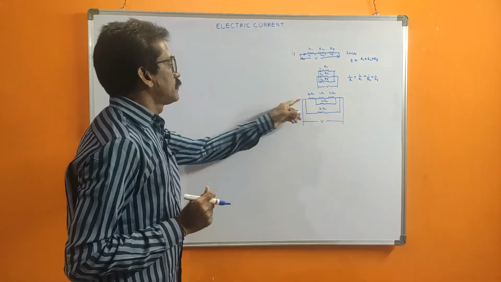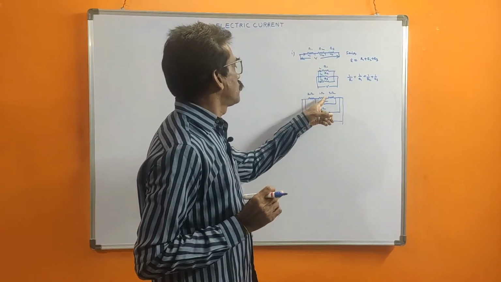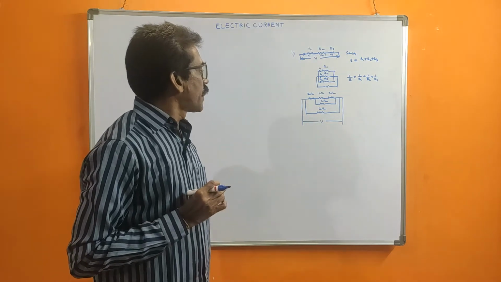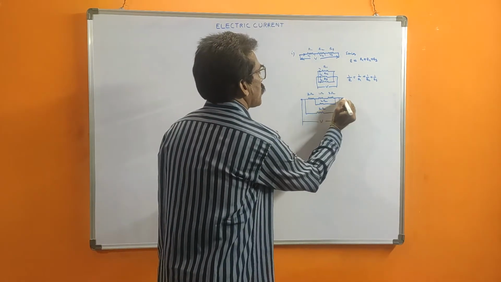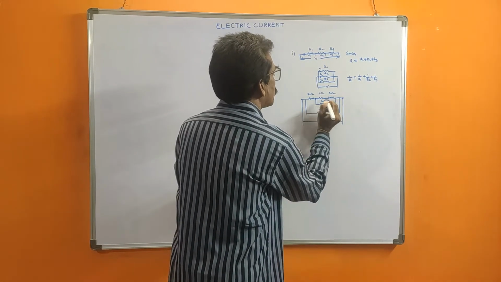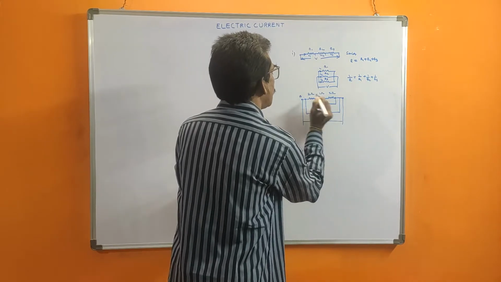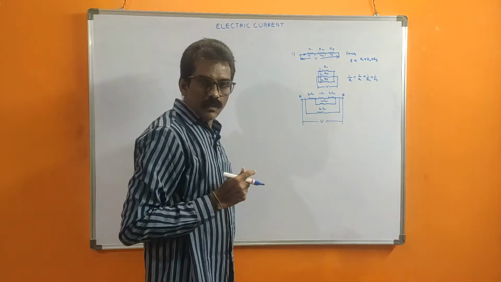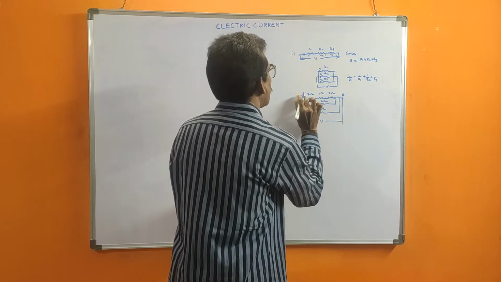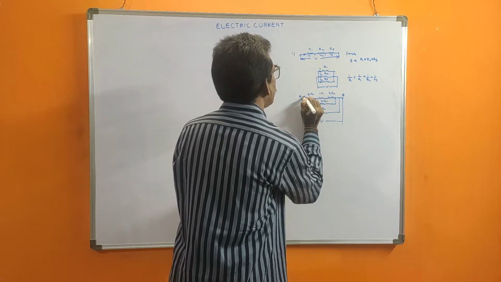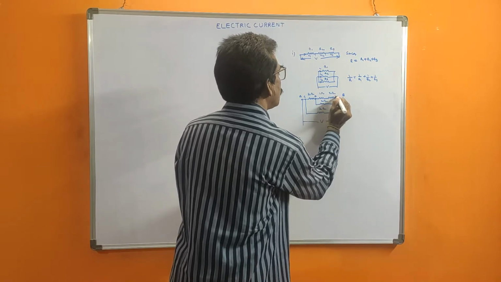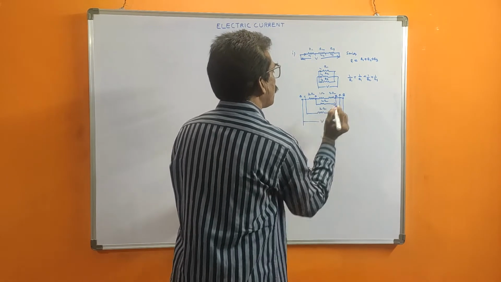So, like this, some resistors are connected. 1, 2, 3, 4, 5 resistors are connected. As per the circuit diagram, we should find out the voltage drop across the total resistance. They are connected like this. Here are junctions A, B. So, find the resistance between the junctions A to B. This is C, this junction is D, and then E. So these are the junctions, and F junction.